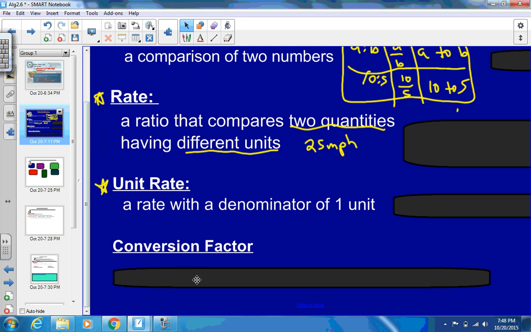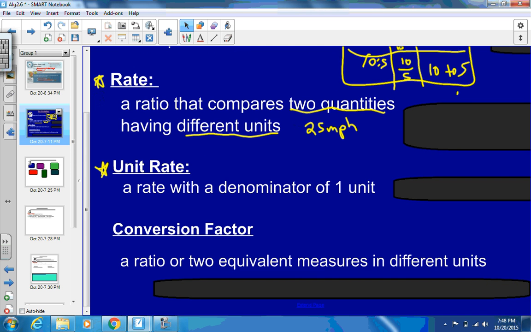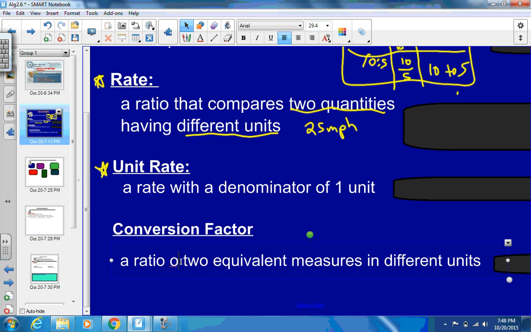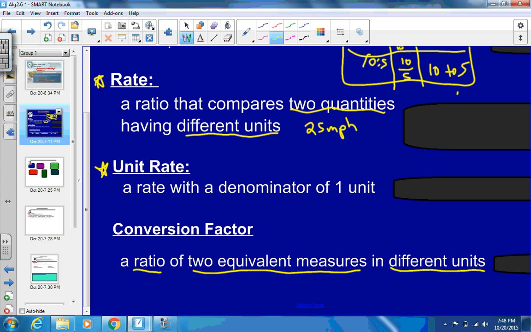And the last one is called a conversion factor. The conversion factor is a ratio of two equivalent measures in different units. So if you're taking a ratio with two equivalent measures, but they have different units. An example would be